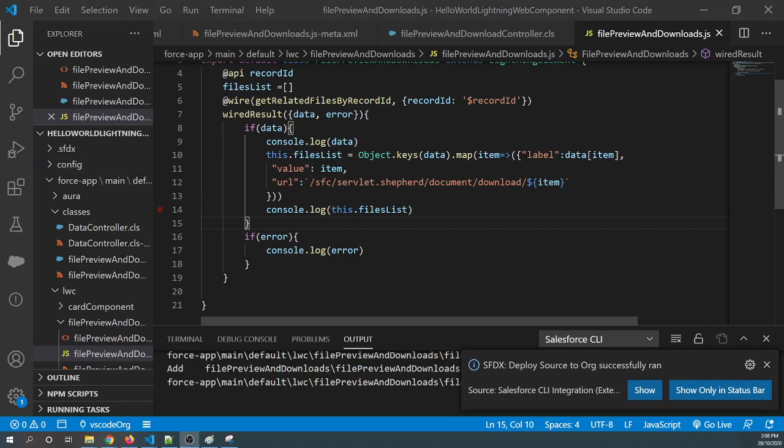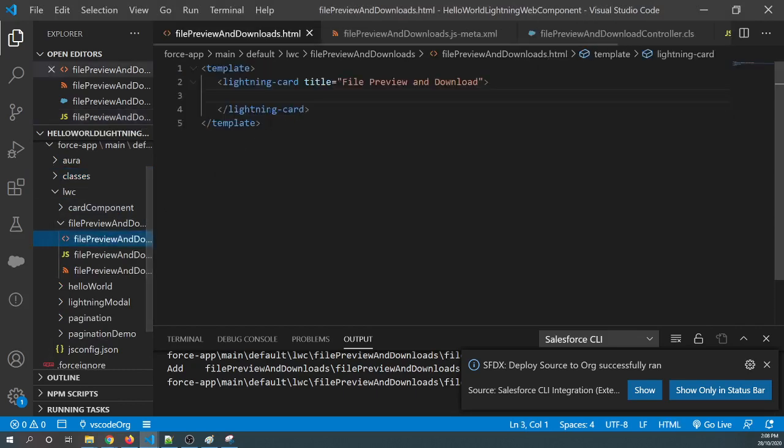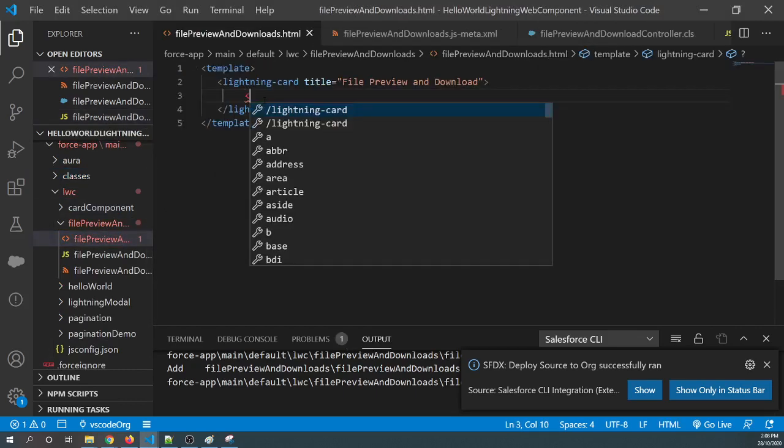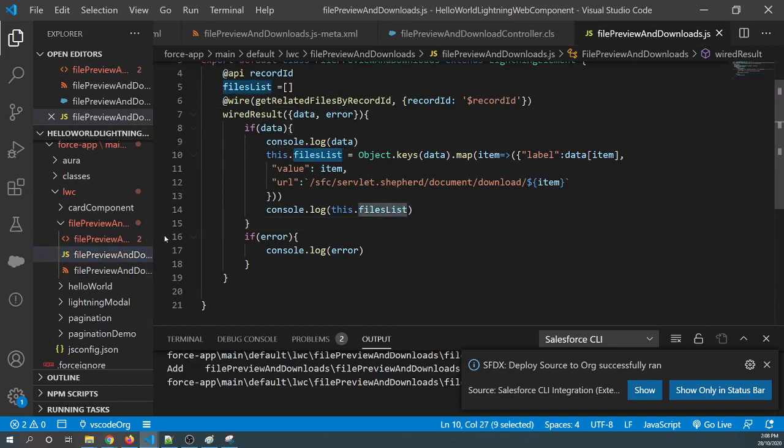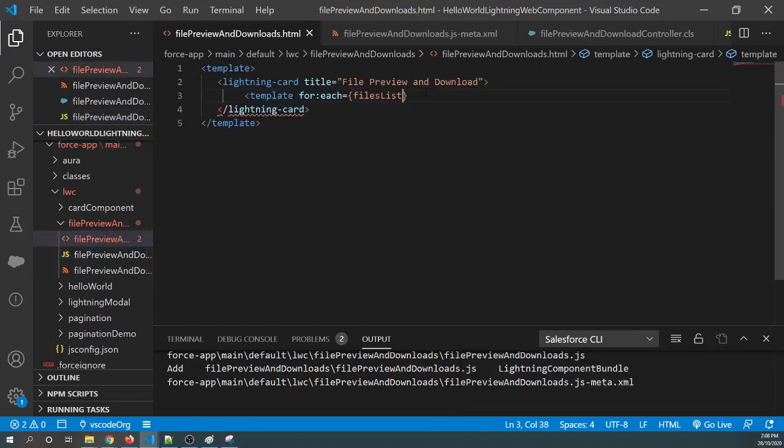So this data is an array of objects, and if something is an array, we usually use a loop in the HTML. So we'll write the loop first. We'll say template, and to use the loop, I'll use the for each loop. The for each loop asks me which array I want to run the loop on. I'll say files list. I want to run the loop, and each item I will call item only, or you can call it file as well. And close the loop, and whatever you write inside this template will loop again and again.